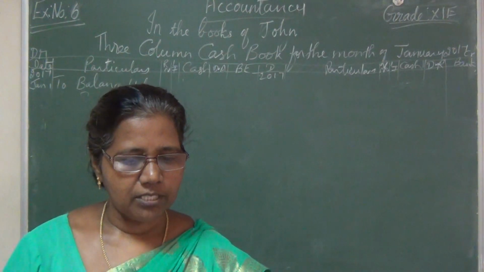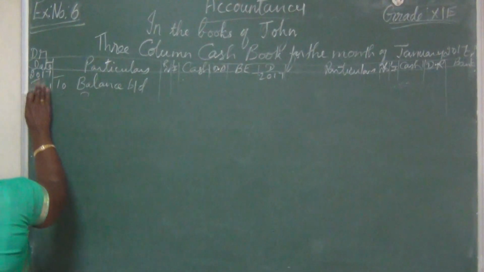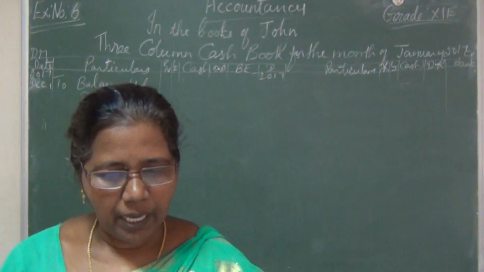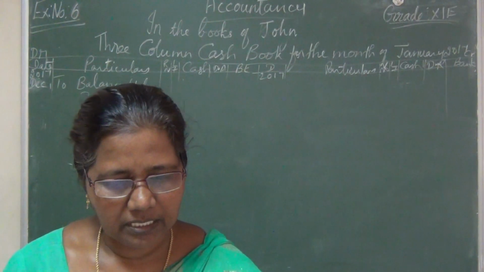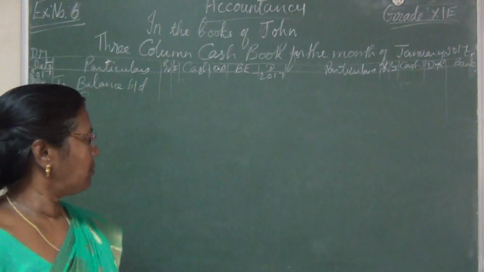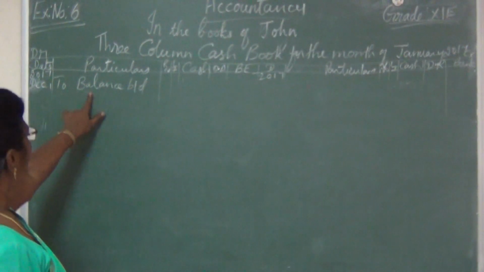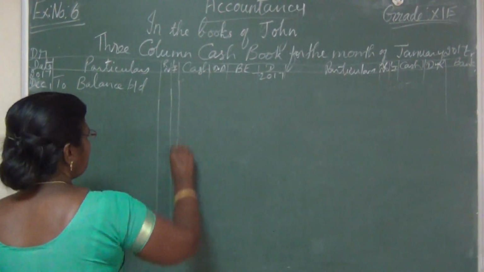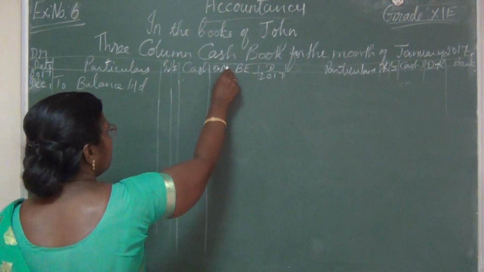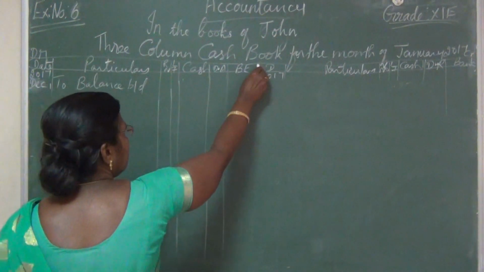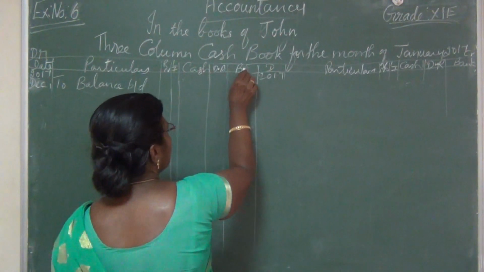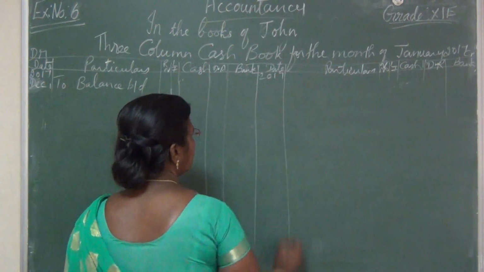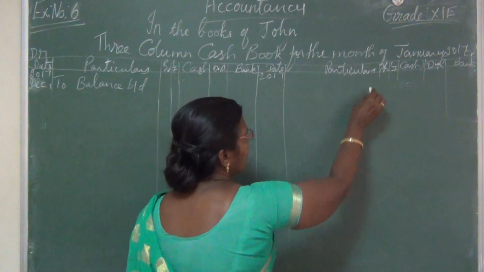Now, December 2017, isn't it? Here 2017, December 1. So, what is given? Cash balance brought forward 12,600. So, opening cash balance we have. So, to balance brought down. In the cash column we should write. We'll draw the column. You have to draw them separately, okay? You write the full date, okay, particulars, then